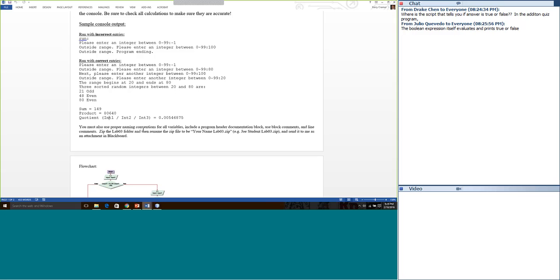Okay. Now, just to do one variable as opposed to the flow chart in which you have three different ones? For the quotient, yeah. I think my solution, I used a few variables. I think I used quotient 1 is equal to int 1 times 1.0 divided by int 2 times 1.0. Yes, and then you did quotient 2 and then quotient 3. Right, yes, something like that. I did it in steps.